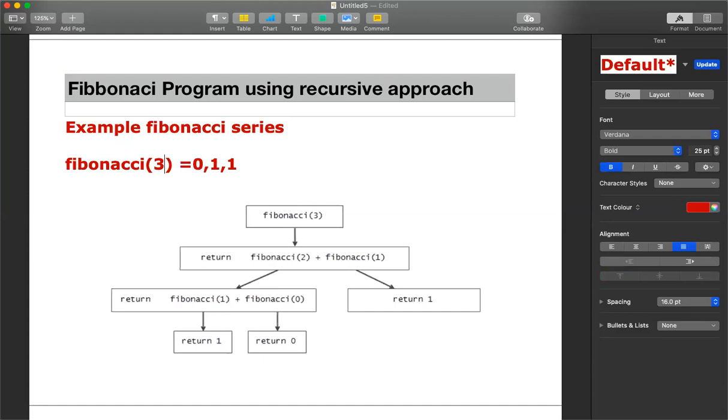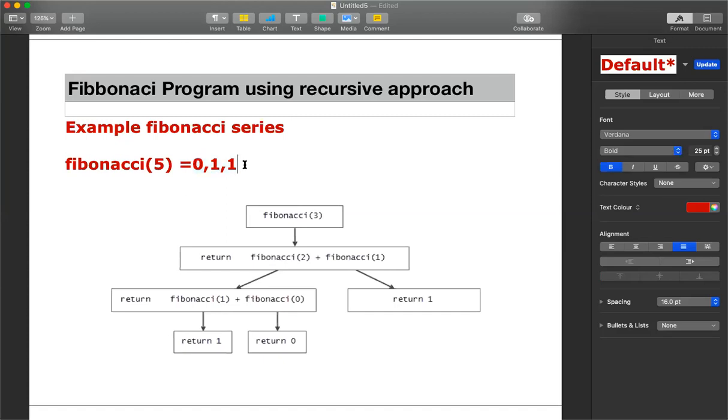Suppose you want to find the Fibonacci series of 5. The first number starts from 0, the second number is 1, and from the third number we need to find the sequence. What is the third number? It is the sum of the previous two numbers, 1 and 0, so the third number is 1 plus 0, that is 1.